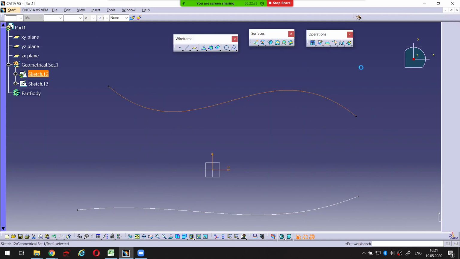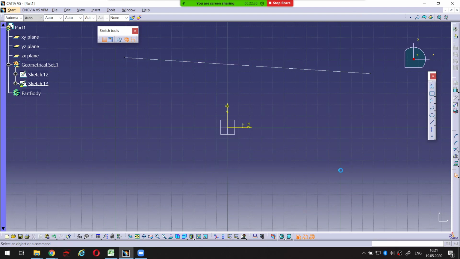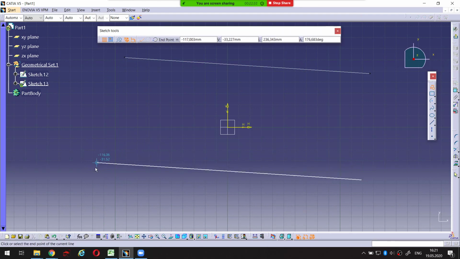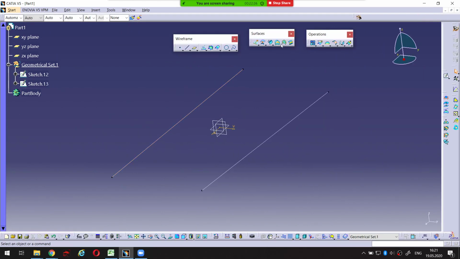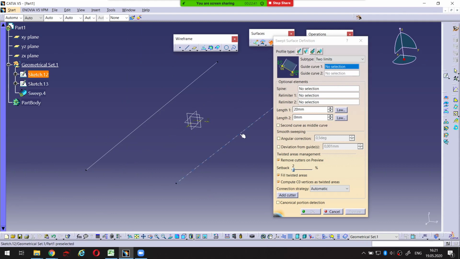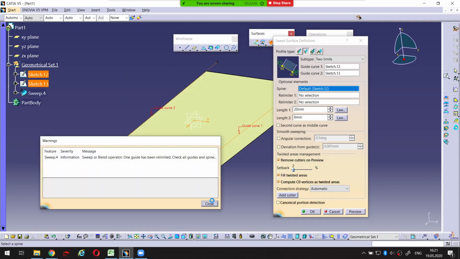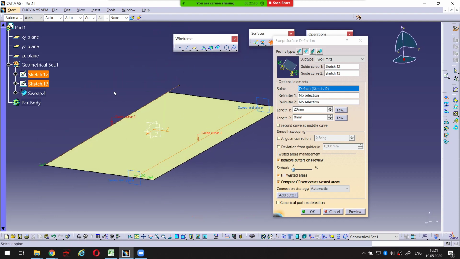Okay, and also I'm gonna delete this spline and create another line just like this. Okay, and try to create a sweep once again. Select first line, select second line, and click on preview like this. Okay, so I have created a surface using these 2 lines, and here the relimiter 1, relimiter 2,